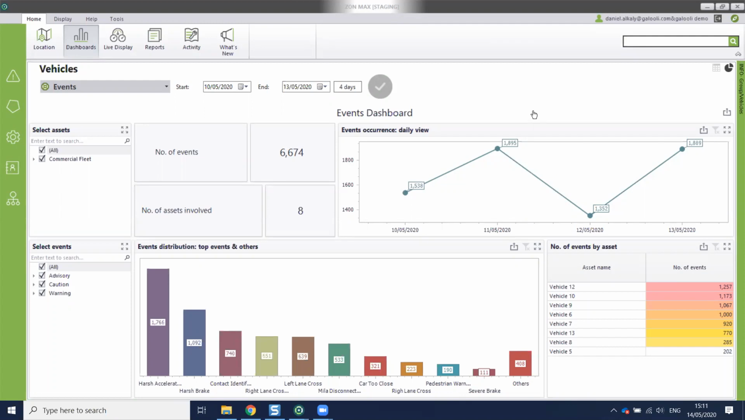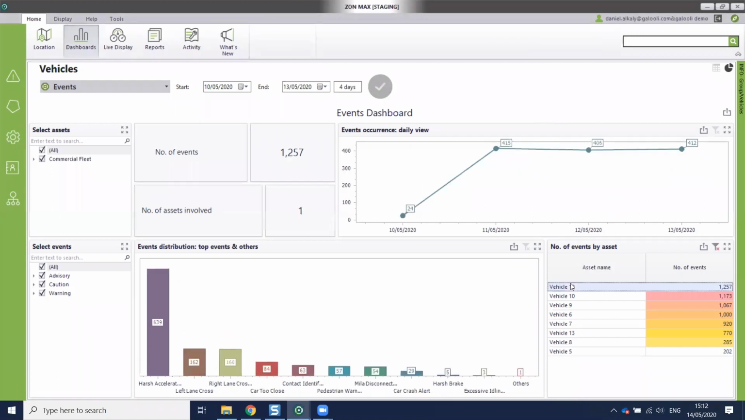We thought about that. And one of the newest features we have in all the dashboards is the fact that the dashboards are much more dynamic. What does that mean? So that means if I'm looking at vehicle 12 and I see they have triggered 1,257 events, I want to know what events they actually triggered. So what I'm going to do is I'm going to click on vehicle 12, and you see that the dashboard